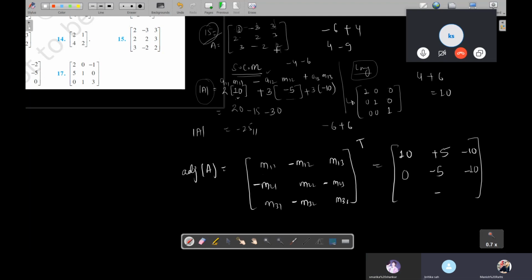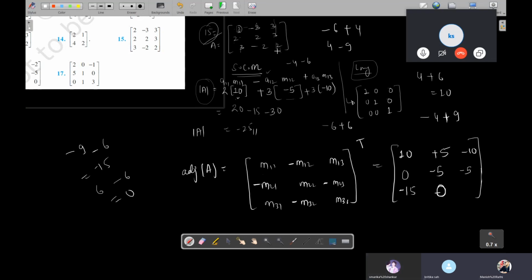What about m23? It is minus 4 minus minus plus 9. So you will be left with 5, but it will be minus 5. Why? Because minus is there. Till here it is clear? Yes. What about m31? For m31 you need to hide again. Minus 9 minus 3 times 6. So the value is minus 15. Minus 15. What about m32? 3 times 6, 3 times 6 minus 6. Again it is 0.